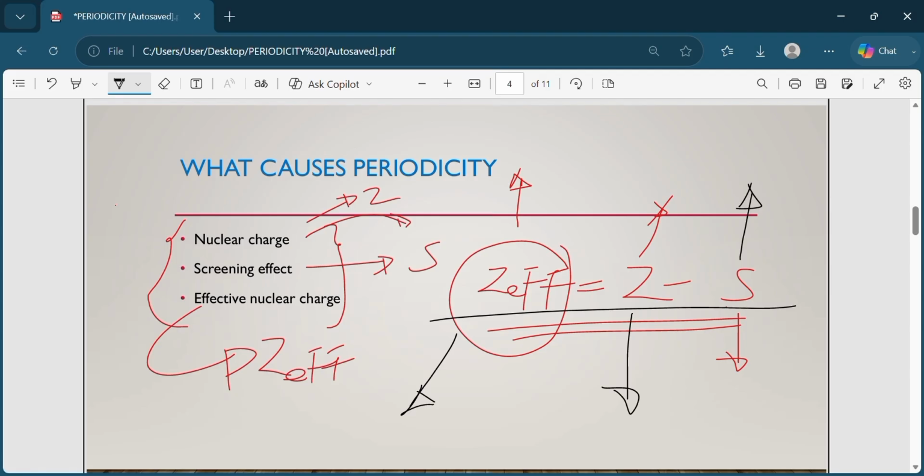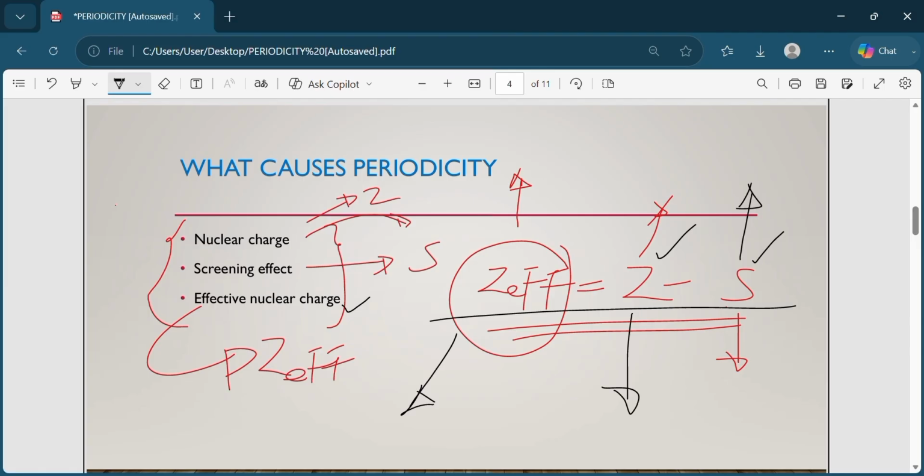So it's just a balance. It's how the nuclear charge and the screening effect contribute to the total magnitude of a force that is trying to pull, or rather attract, the electrons towards the nucleus of an atom. That is the effective nuclear charge. So it is basically these properties that are causing the variation. These are the fundamental properties, and they are the ones we are commonly going to be seeing appearing constantly